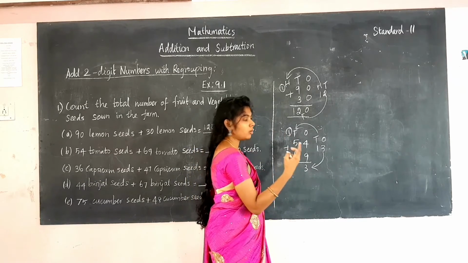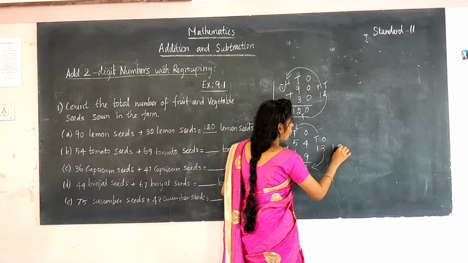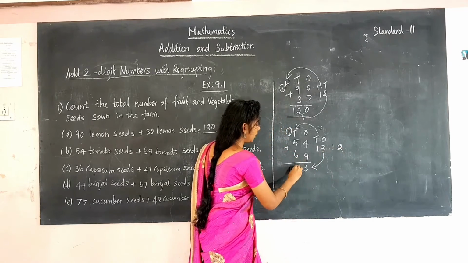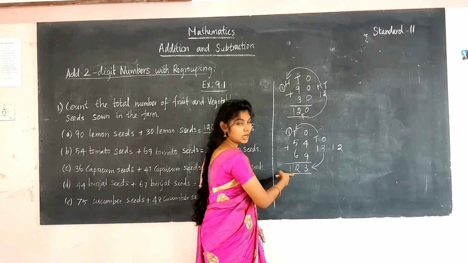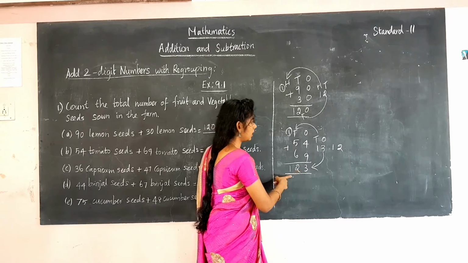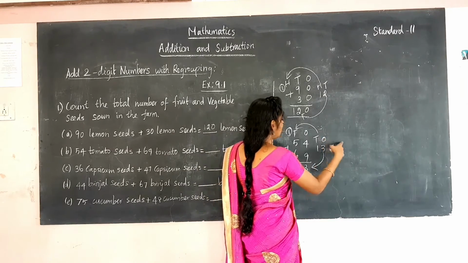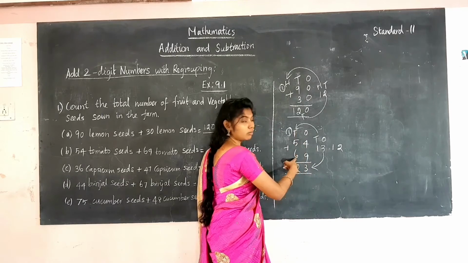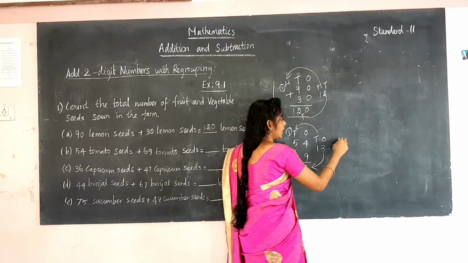It's a 2-digit number, so you are going to write it outside. Or otherwise you can write 12 directly like this. Because it is the last number we are adding, you can write like this or write outside and give the places from tens, because we have found the 12 in the tens. So take 12